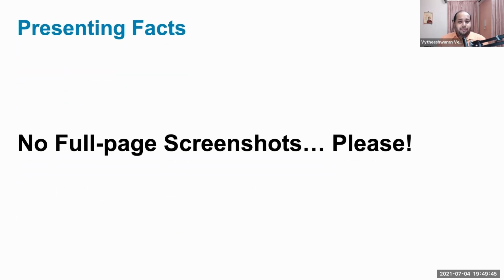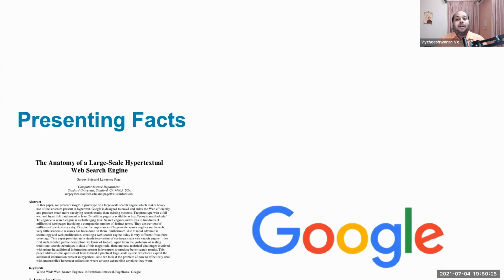And another thing, when it comes to presenting facts, again, this is an extension of my previous point on data. When you present facts, we do a lot of research as trainers. We go through a lot of books, we go through a lot of research papers, and sometimes you would have been enamored by one particular research paper, and it could be a very prestigious one. You would love to show off that you have gone through it, and you would want to present that you have referenced this particular paper to really show what you have to say for your audience. So this is a common approach that people take.